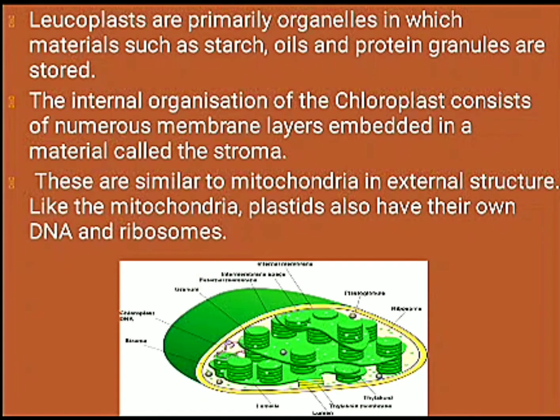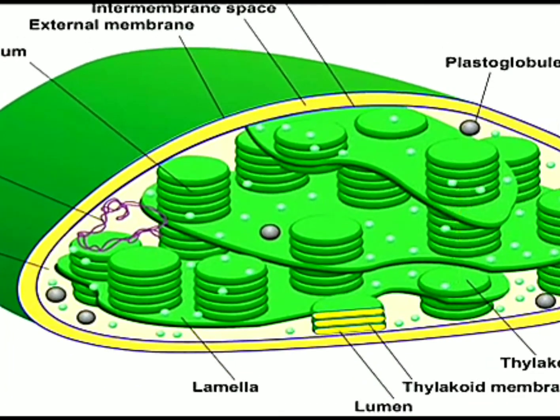Leucoplasts are primarily organelles in which materials such as starch, oils and protein granules are stored. The internal organization of the chloroplast consists of numerous membrane layers embedded in a material which is called stroma. As you can see in this image, inside the chloroplast you will find disc-like structures which are also called thylakoids. The stack of these disc-like structures is called granum,